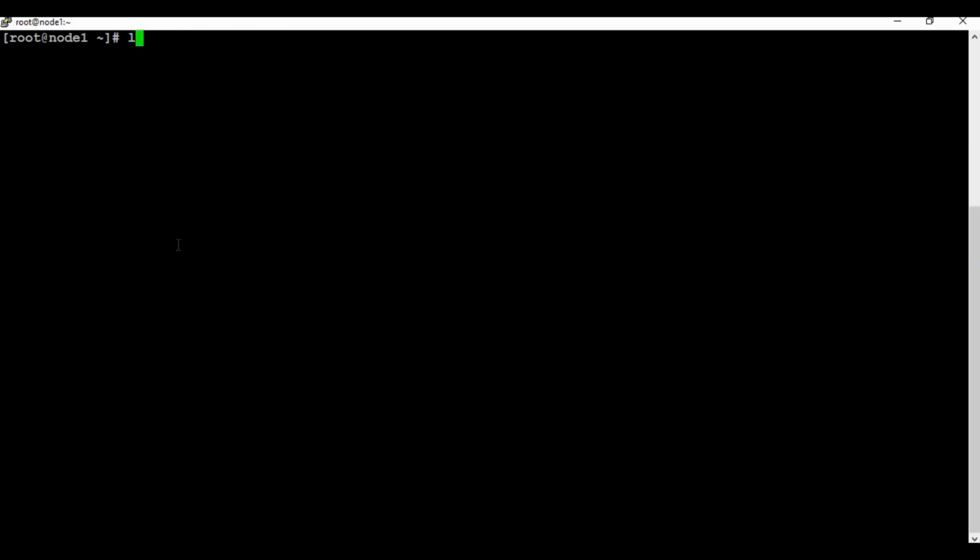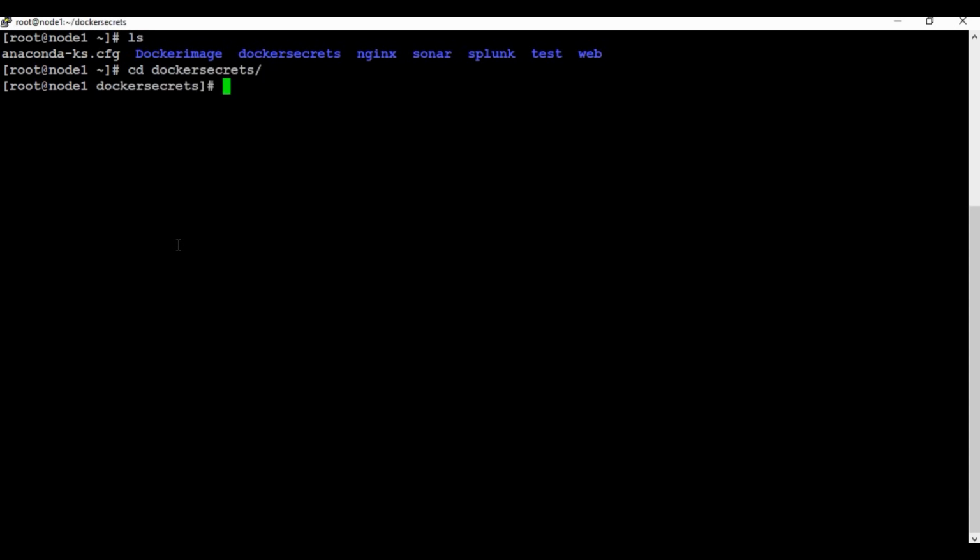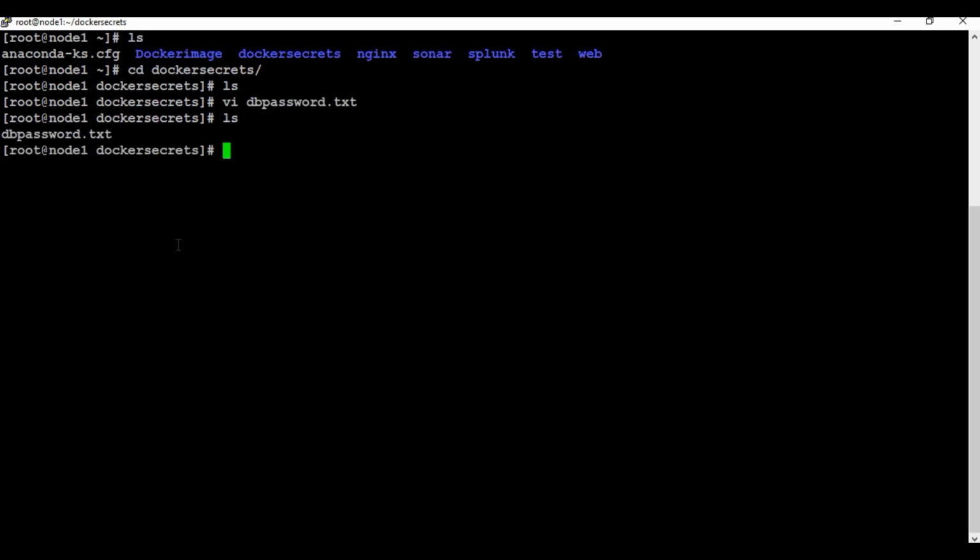I have a folder called docker secrets, so I'm going into that, and I don't have any file there. I'm going to pause a little bit here and create a file. I'm not going to show you what I have put there. Okay, I'm back. I have created a file called dbpassword.txt, and I have put something inside it. I'm not going to show you now because that's the password which I'm going to use for our